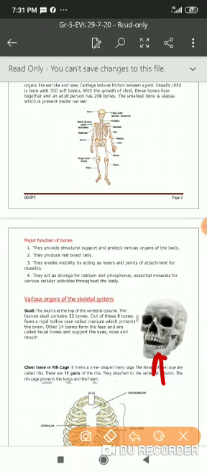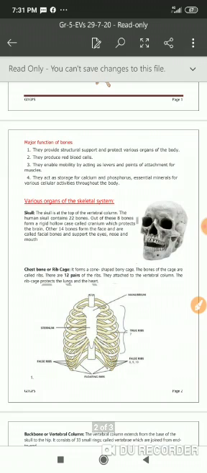The rest of the bones and joints are immovable, they cannot move. They are fixed joints, as we have learned about joints as well. The only movable joint in the skull is the lower mandible, where I am trying to show with the arrow. This is the lower mandible with which we are able to eat and talk. So this is the only movable bone in our skull. Is it clear? Next, we will try to understand the rib cage.